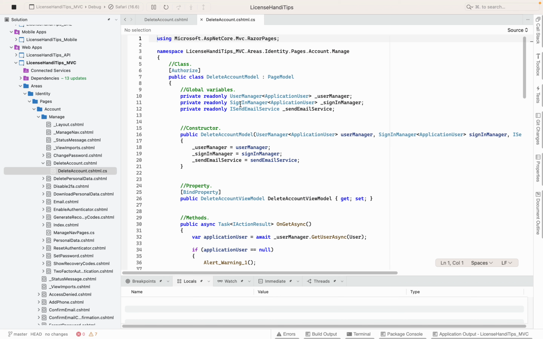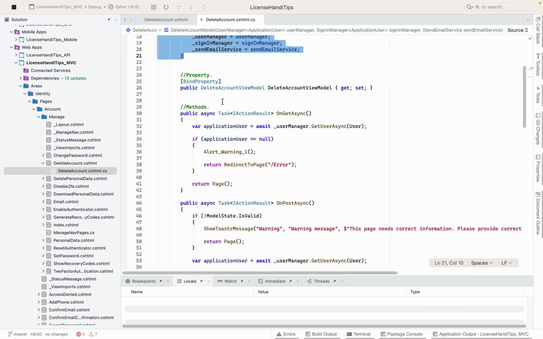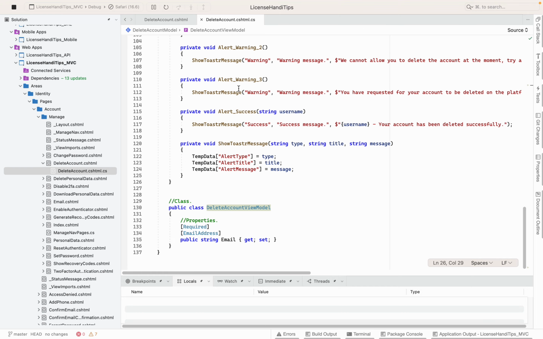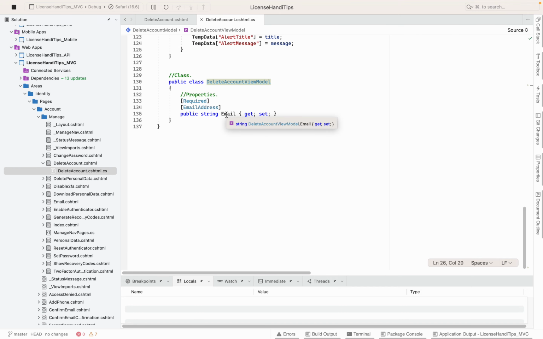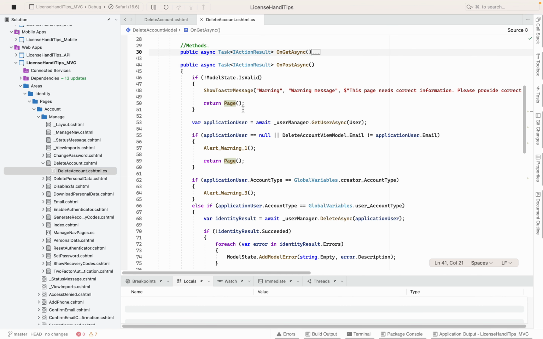Oh, okay. So here we are asking for user manager, sign in manager, and send email service. We are using the constructor to resolve them. We are using delete account view model. It has one property of type string for email, and it's required. And then on get, we're getting the user, we are returning the page. Okay, that makes sense. And here we're checking the model state, we're getting the user, and then,